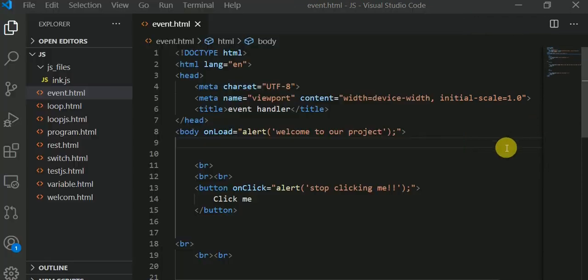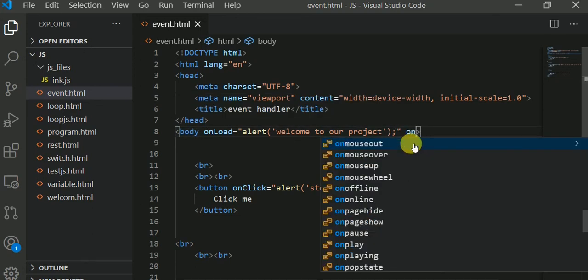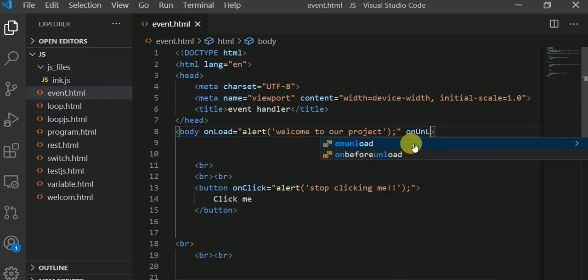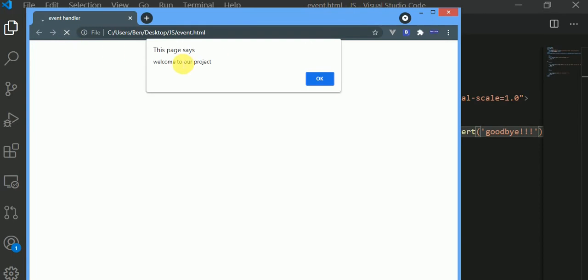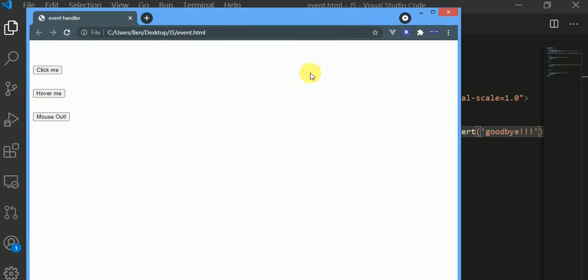Let's proceed. Since I want to do this for the entire page, I think I have to write this code here. We have the one for load and we have the one for unload. If you unload, it will show you goodbye. Let me refresh. Our page has loaded: welcome to our project. I close. If I close this,